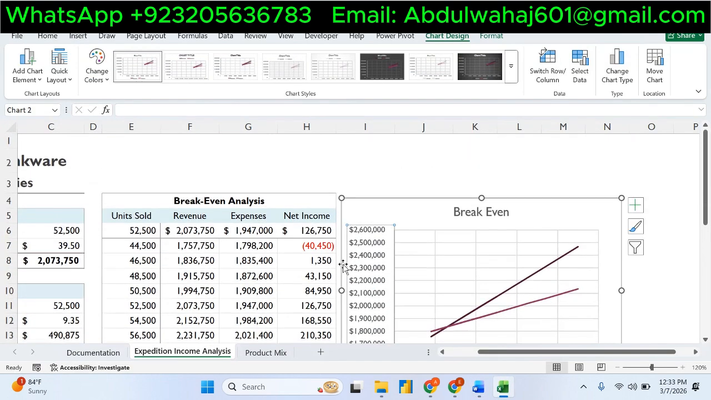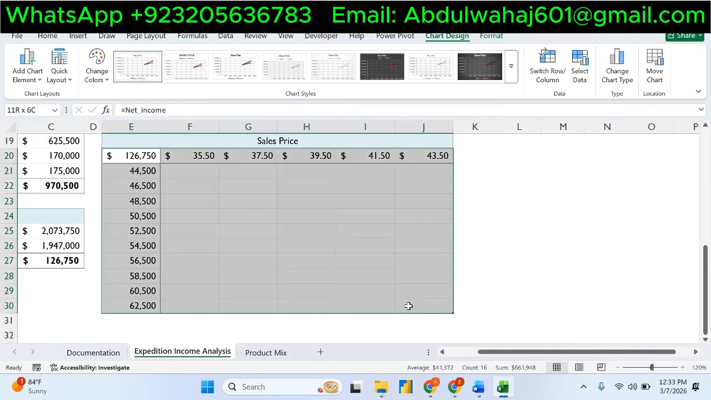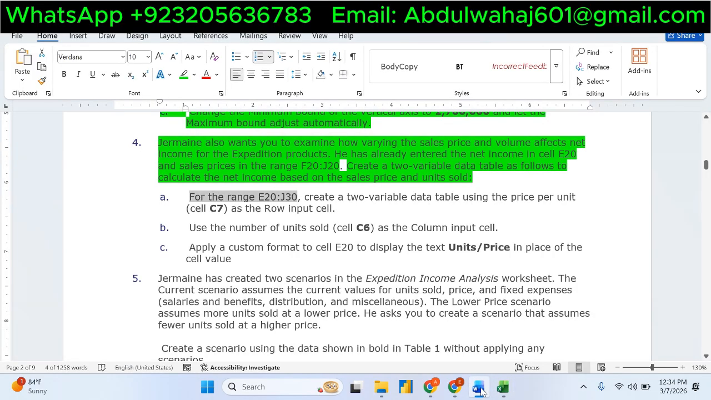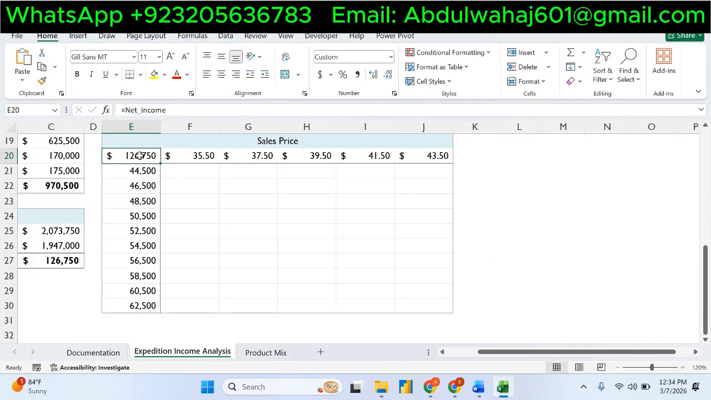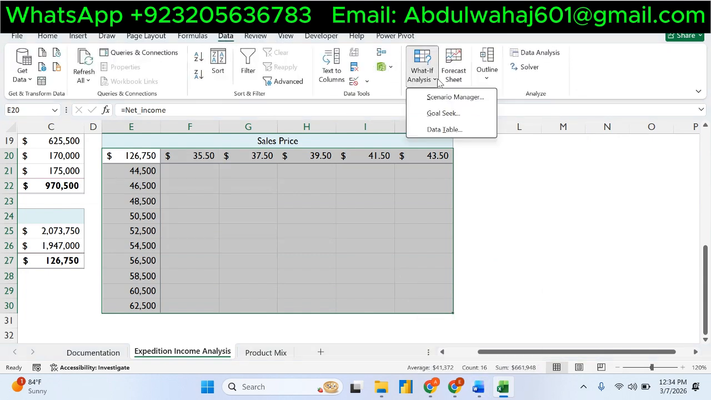E20, this one, to J30. Now if you click here, you can see that this is the net income and these are only the figures right there. This is the net income. E20 to J30, we're going to select E20 up to J30, go to the Data tab, What-If Analysis tool,